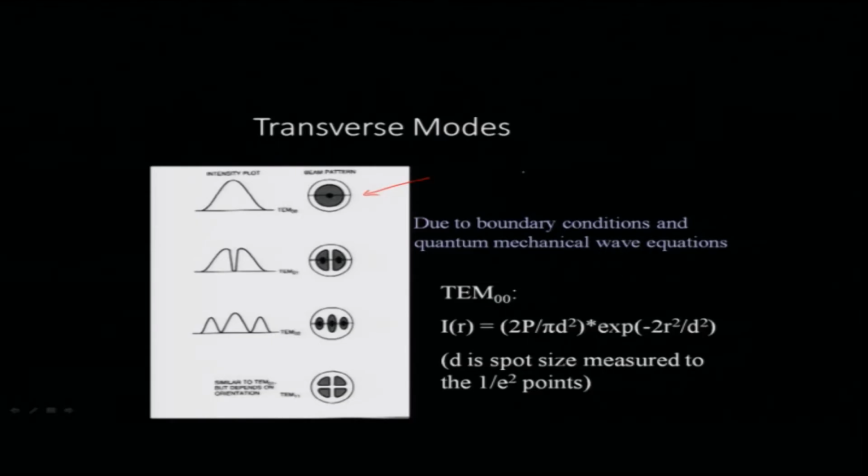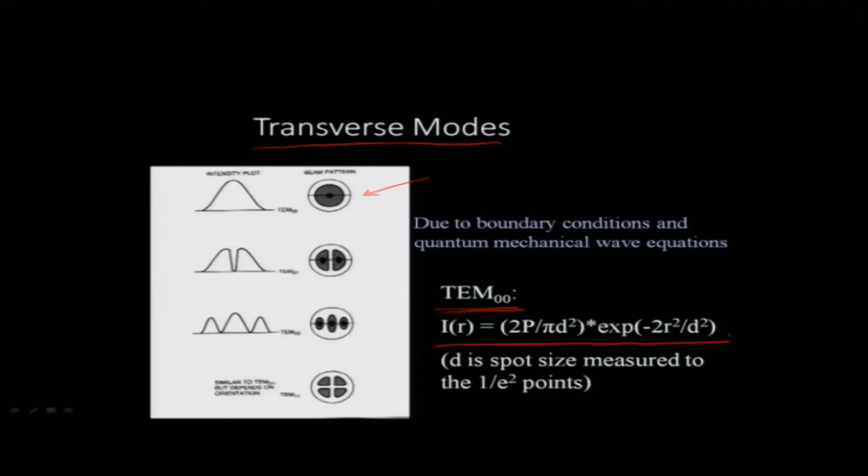So, we have both transverse as well as longitudinal modes, and the transverse mode we are after in a laser is the TEM00 mode, the transverse electromagnetic 00 mode, which is the first one and has the best Gaussian-looking profile,